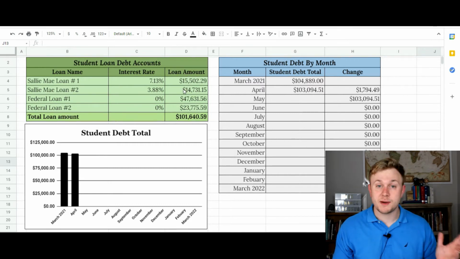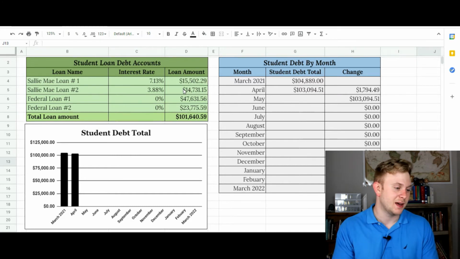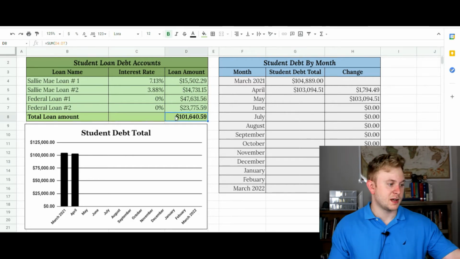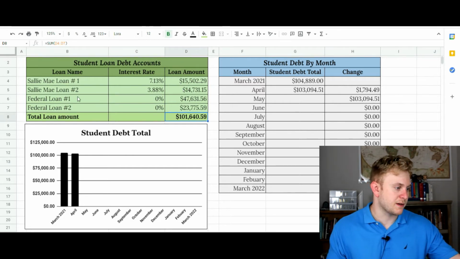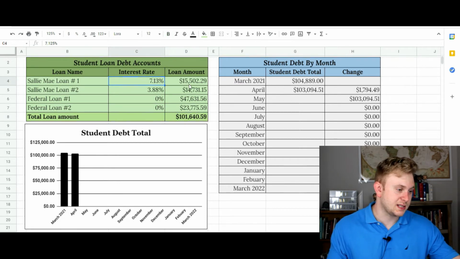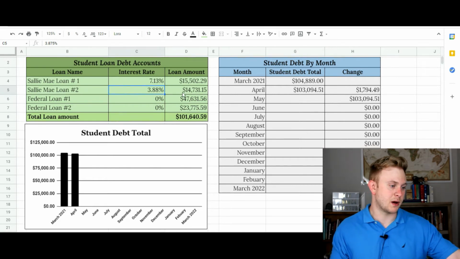If you want, you can go back to my first video that I posted, my first debt payoff update, posted about a month ago, and you'll see that some of these numbers have changed because I've been paying them off. So as you can see in my little chart, my first Sallie Mae loan, the one with the highest interest rate, currently sits at $15,502.29. The second loan I have with Sallie Mae is a 3.88% interest rate, and the loan amount for the second loan here is